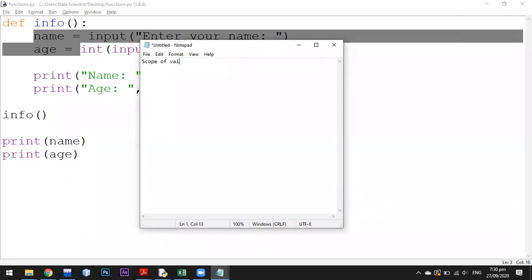Scope of variables. Okay, let's zoom in. So there are two kinds of scope. One is local scope and the other is global scope. Okay, global scope, what does that mean? Suppose you're a Pakistani, and you travel abroad, it means that now you are a global person.